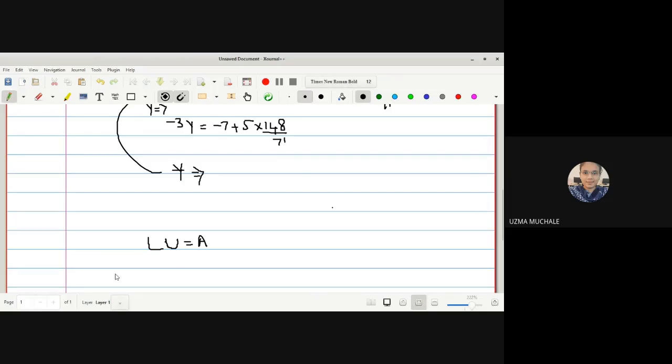Now, if you want to check whether these answers are correct or not, you have to put back to our original system. So what is our original system? x plus 4y minus z is equal to minus 5. All the values of x, y, z must satisfy your original equations, because after reducing, we find out the new system. So to check the answer, whether the values of x, y, z we have obtained are correct or not, you have to put back to our equations, and any one equation you can check, first, second or third, and if you get the equality then the values of x, y, z will be correct.